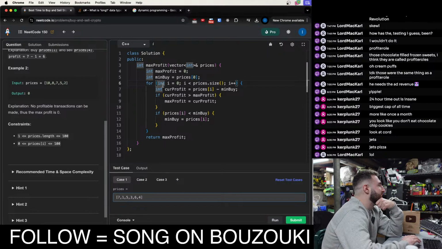Okay, so then we start at the 0th element, the first element. We check if the profit is greater than our current max profit. If it is, we set it. Otherwise, we continue to see if the current price is less than the minimum price we've encountered yet. If it is, we set the minimum price to the